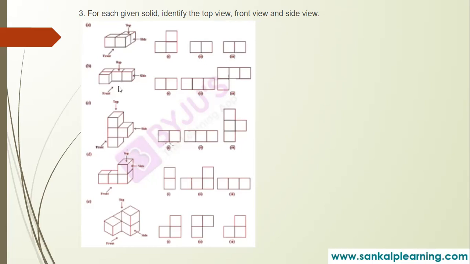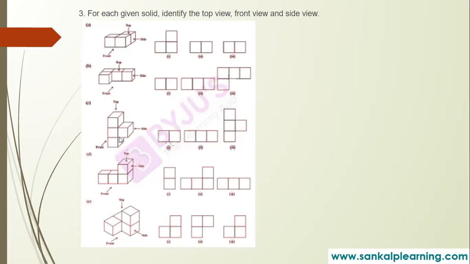Okay, and the second one, the first one, we have only 2. See, if you see from the side, you can see only 2, and this is the front view and this is the top view. If you look from above, you can see all the cubes here, right? All the cube squares: if you look from above, you see only squares, right? So this is the top view.